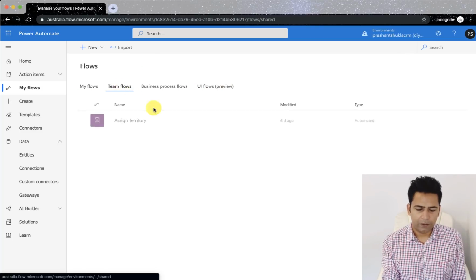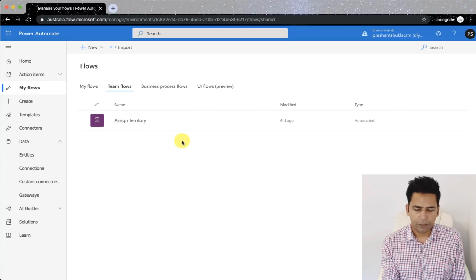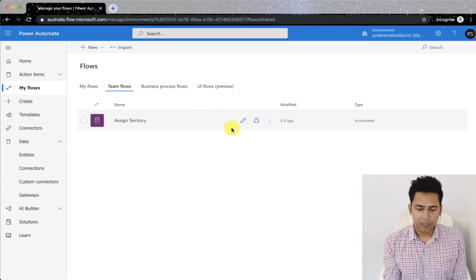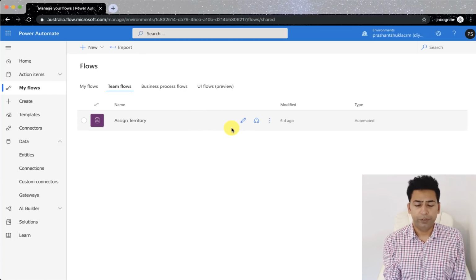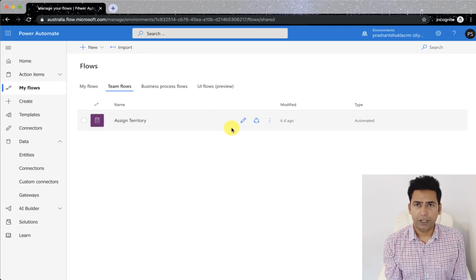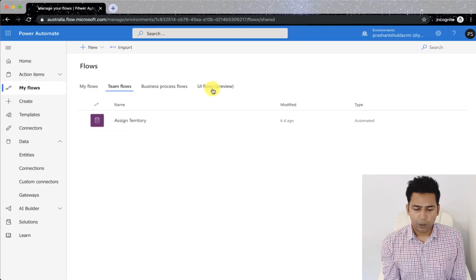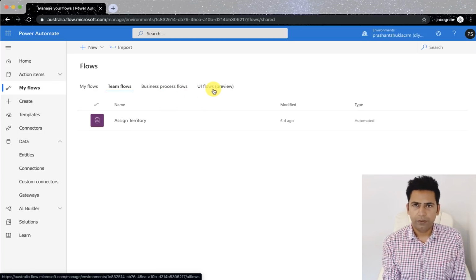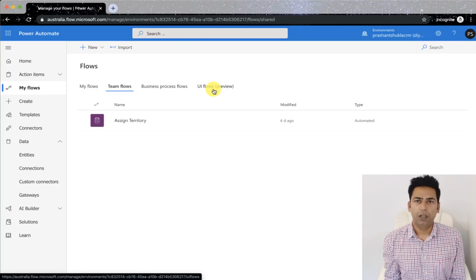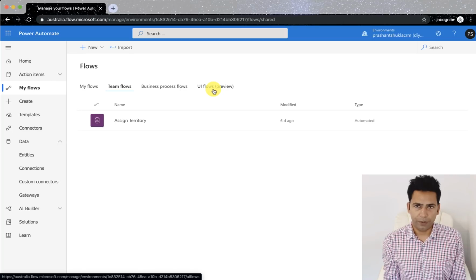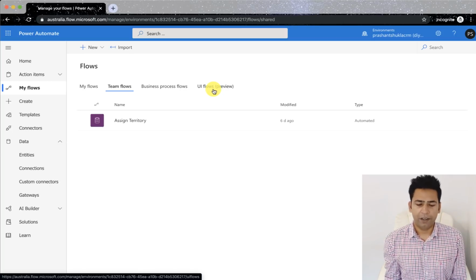Now, in Team flows, what I did is I shared one of my flows with another team member, and it now appears in Team flows. So that's the only difference. The creation of the flow remained the same. While the other two tabs are completely different. The way you create them, the usage, the features are completely different to the original flow. And that's where we obviously have